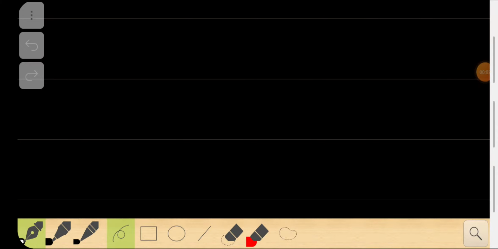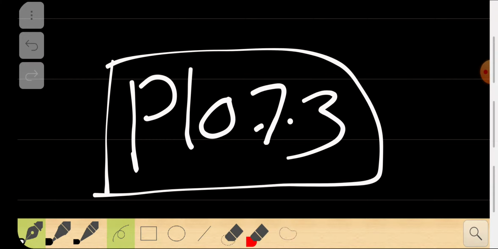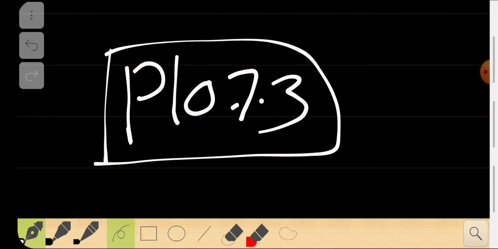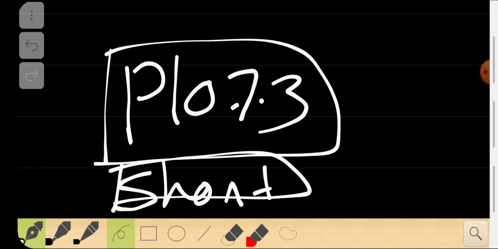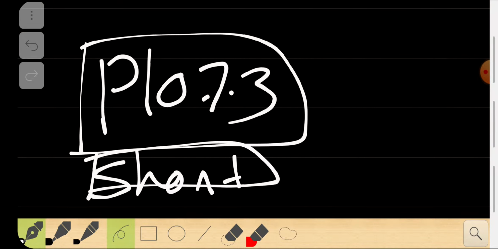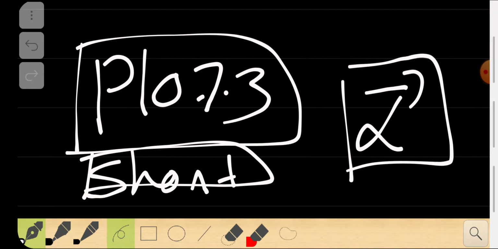This lecture is called P107.3, right? In this lecture we are going to discuss something that I left out in the last lecture. I forgot to mention it, so this is going to be a short lecture. We are going to do a problem as well as explain the angular acceleration, which is alpha, and the direction of angular acceleration. Let's look at it.